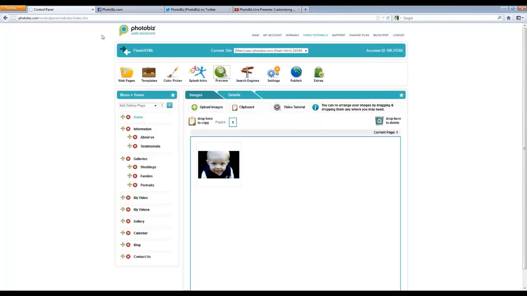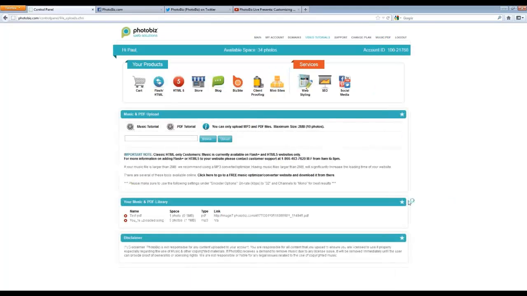You'll notice in your PhotoBiz control panel, and it doesn't matter what product you're on, if it has the ability to have music, you will always upload your music directly into the music PDF area up here on the top of your control panel, located right next to the log out button. Okay, so here I would actually be able to browse and find my music on my computer,